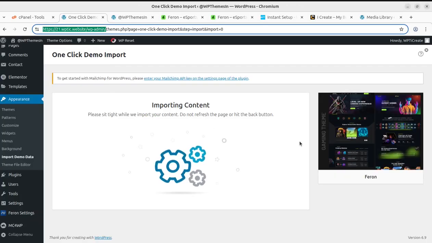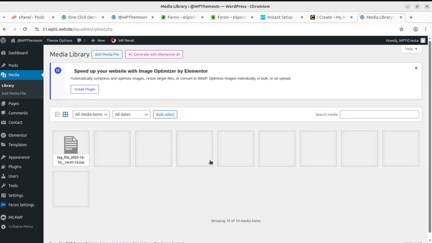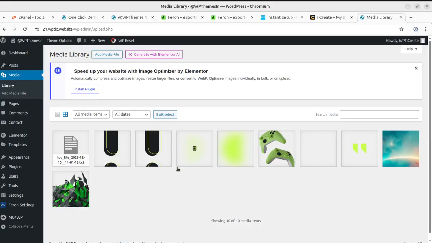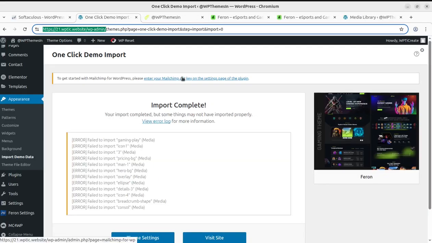So we have to wait and wait until the demo content gets fine and all imported. So it is increasing slowly, but yes, it is working. So we have to wait. Okay, cool. So it took around 10 minutes for me, at least, to reach on this screen, and it